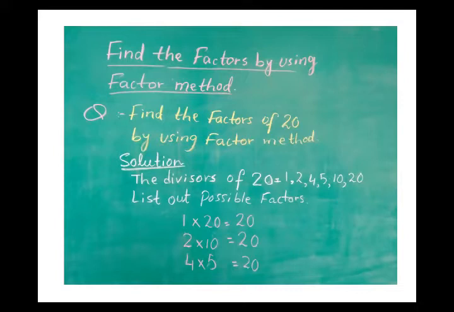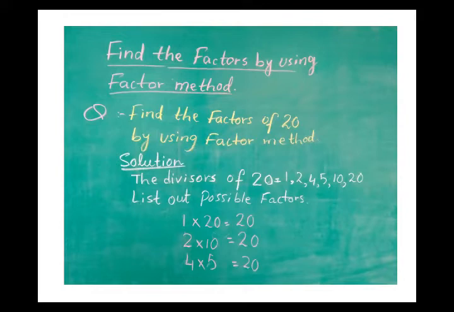In this example, you can see there is a rectangular area in which they pick the number 16 and find the factors of 16. In the first row, they have just a single row in which all 16 crosses are listed. So 1 into 16 is equal to 16. In the second, there are two rows, and each row has 8 elements. That's why we see 2 into 8, which makes 16.